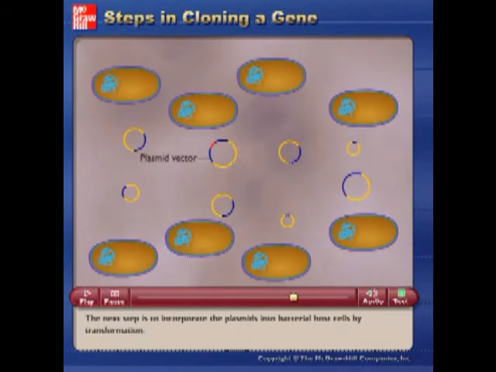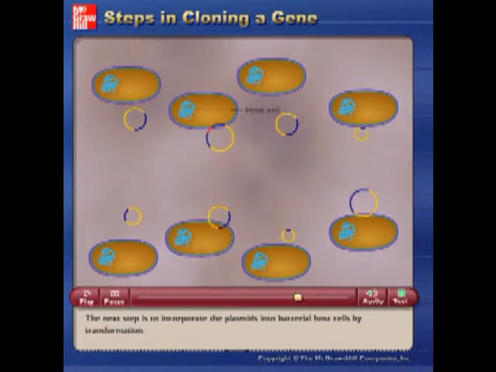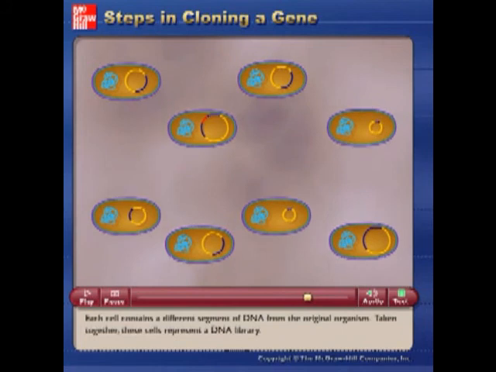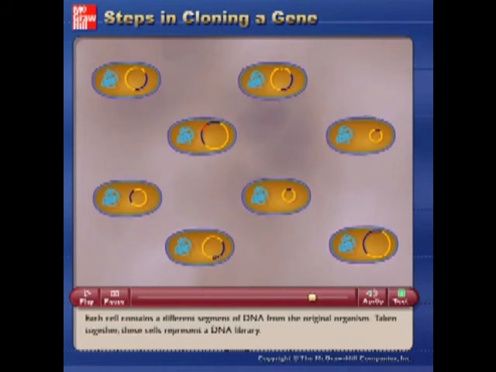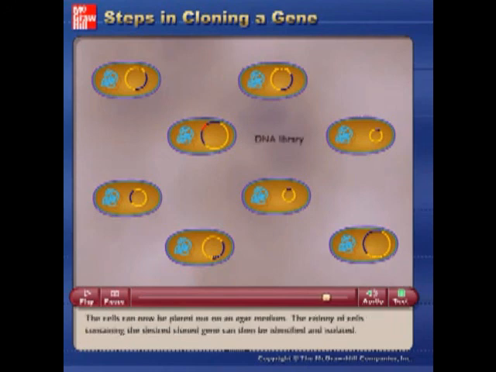The next step is to incorporate the plasmids into bacterial host cells by transformation. Each cell contains a different segment of DNA from the original organism. Taken together, these cells represent a DNA library. The cells can now be